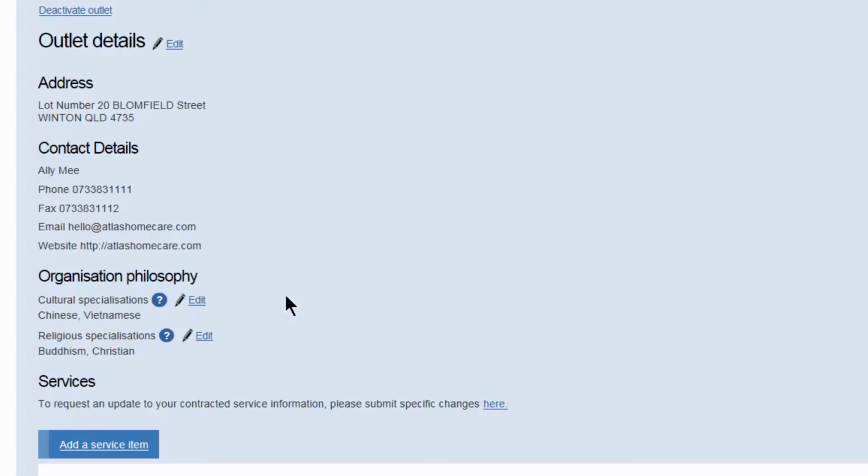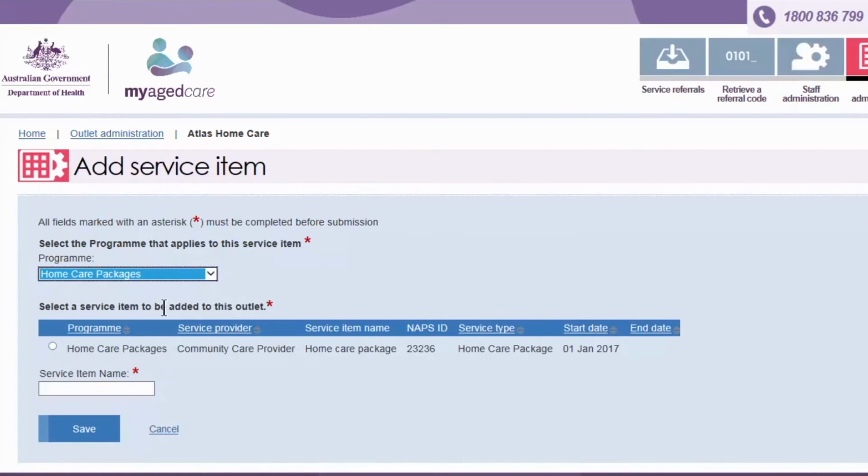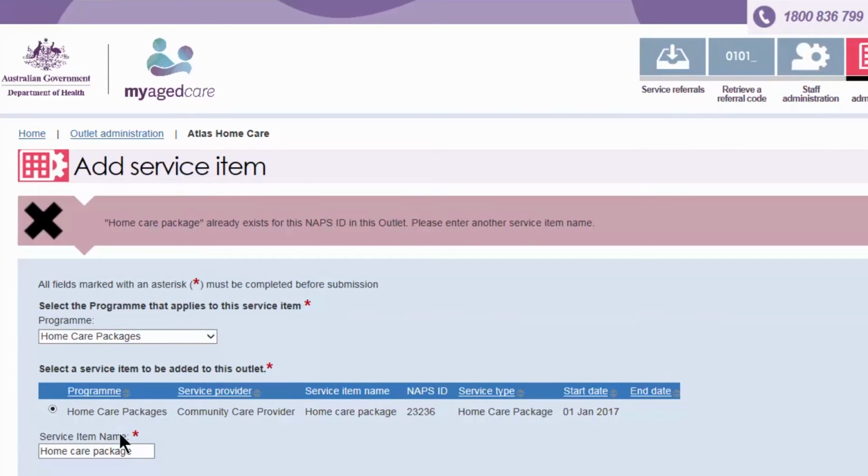To add a new service item, click on Add a Service Item. You'll then need to select the program that applies to this service item. The list of the current services that you are funded to deliver will display. To add a new service, click on Service Item Name. Each service item created appears as a unique search result in the Home Care Package Service Finder. An error message will display if you include any symbols or repeat the same service item name under the same